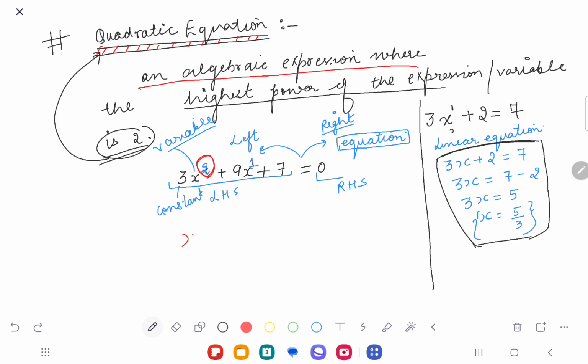If I give you this equation, x squared plus 9x minus 11 equals 0, you can identify that here the power of x is 1, here the power of x is 2, and in this entire expression the highest power of x is 2. What does that mean? It is a quadratic equation. So the first step is to identify whether it is a quadratic equation or not. Understood? Similarly,